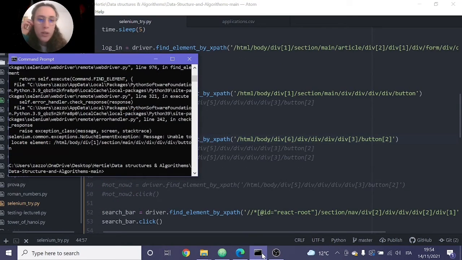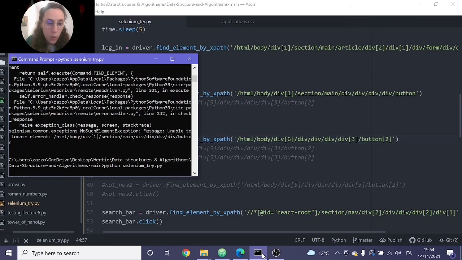Okay, so now we're going to get into the practice of it. We're going to show you how the Selenium package is able to automatically scrape whatever you want it to do. We will show you this through the code that we just explained, but running it directly on the terminal. So we're running it,